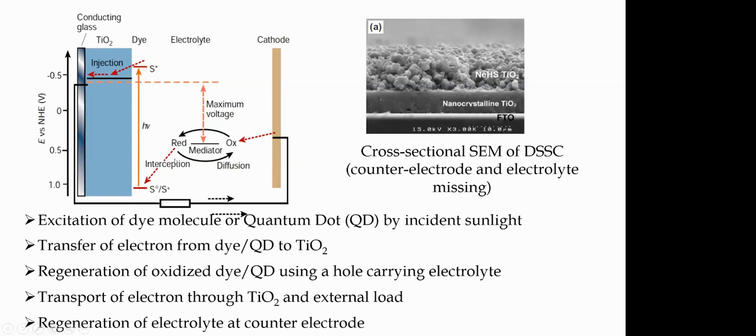Then you need to see that this is a cathode material, and in between you have electrolyte. The electrolyte will also have a chemical potential that lies somewhere here, just slightly within the level of the cathode chemical potential, so that the maximum open circuit voltage, remember that we have defined VOC in the case of a solid state junction solar cell, that is equivalent to the band gap. Here it is equivalent to the difference between the conduction band of the electron and the chemical potential of the electrolyte. So this difference is important.